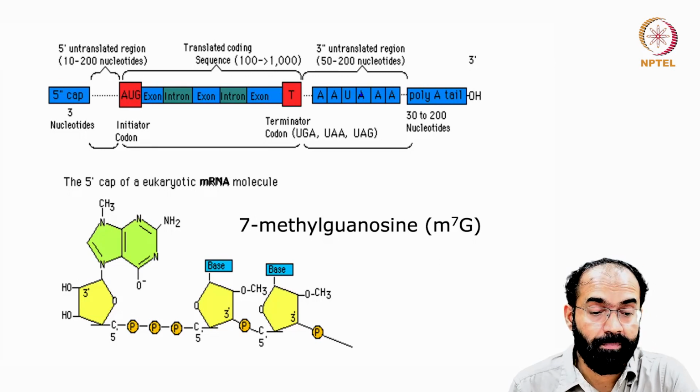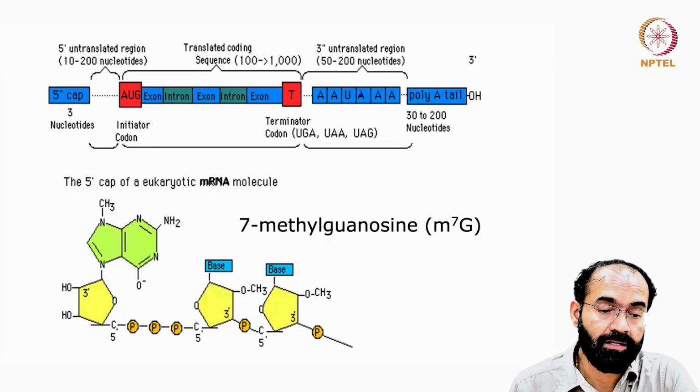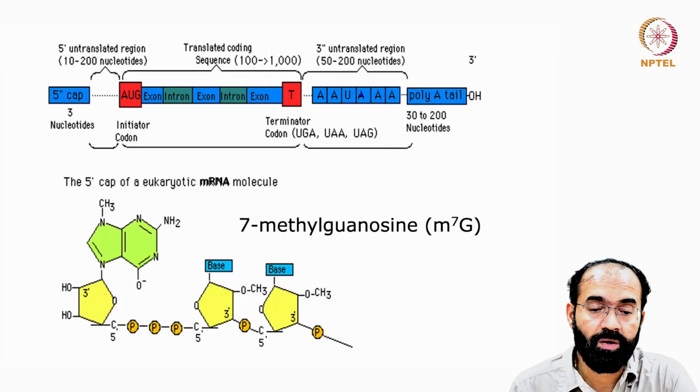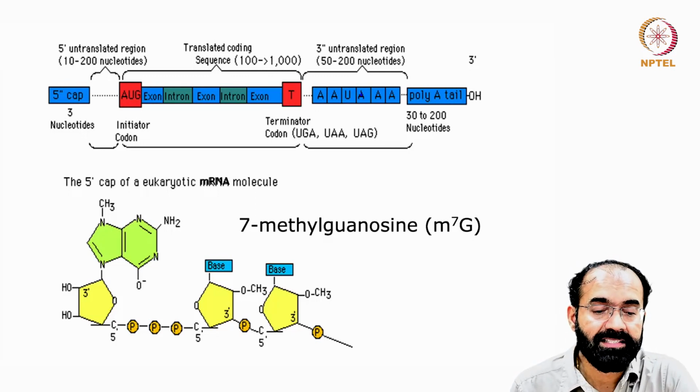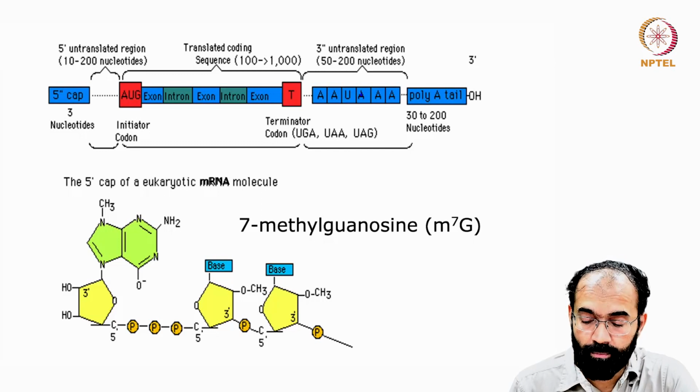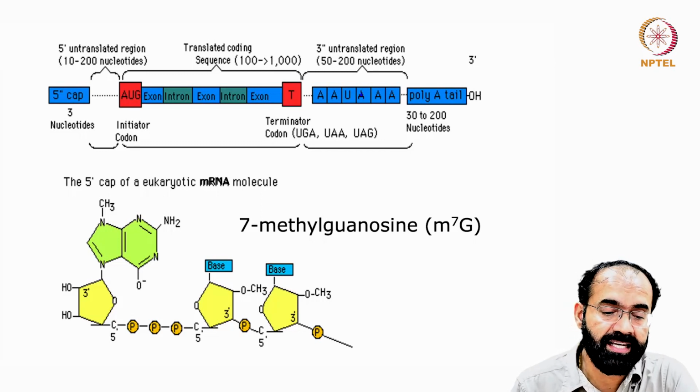You have a 5' cap and then the start codon AUG, then you have exon, intron, exon, intron, exon, and you also have a terminator sequence, and then a polyadenylation signal, and then a poly-A tail. These sequences must be present in a typical mRNA gene or protein coding gene for them to act as a proper RNA. And the 7-methyl guanosine cap is important, and how it is paired you can see here in this cartoon,